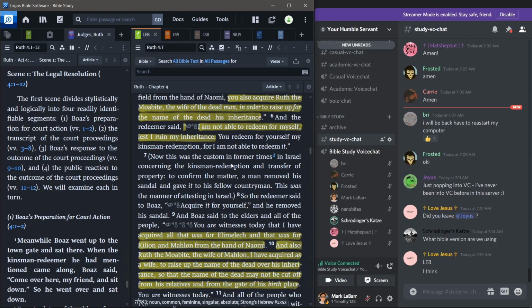Now this was the custom in former times in Israel concerning the kinsman-redemption and transfer of property. To confirm the matter, a man removed his sandal and gave it to his fellow countryman. This was the manner of attesting in Israel. So the Redeemer said to Boaz, "Acquire it for yourself," and he removed his sandal. And Boaz said to the elders and all of the people,